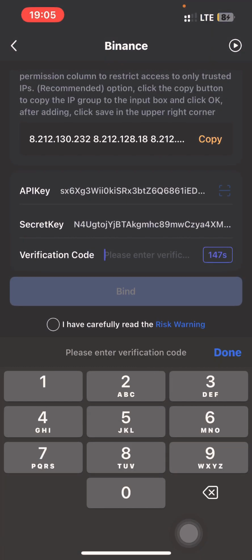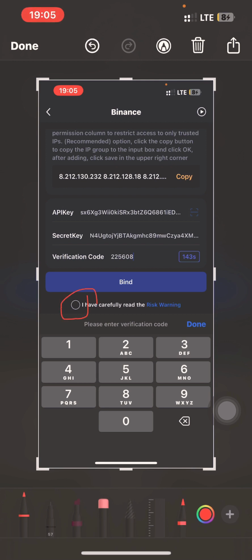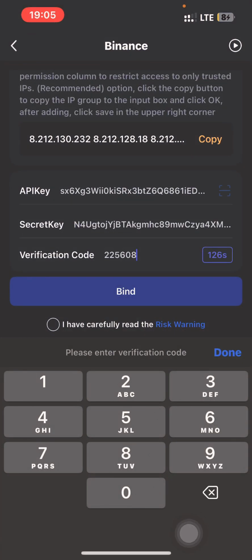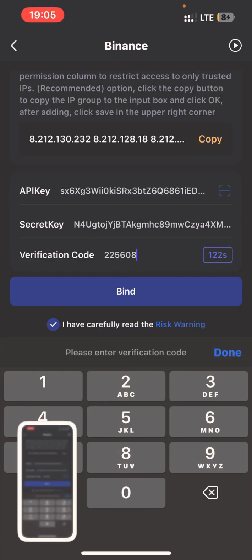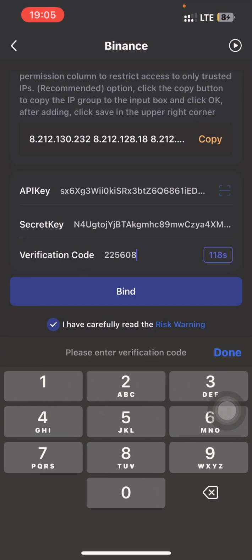Okay, here is the code. So after putting the code, you can see there is a terms and condition to be agreed that you have to accept. So you click on I have carefully read the risk warning. You click on the checkbox. And once you click on the checkbox, finally you click on bind right here. You click on bind,